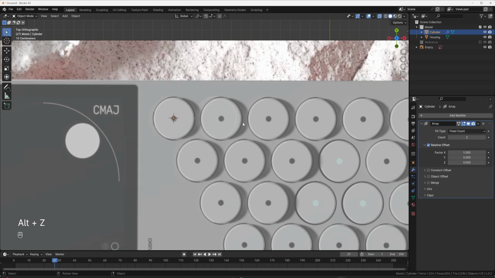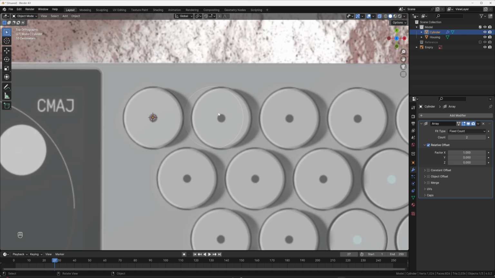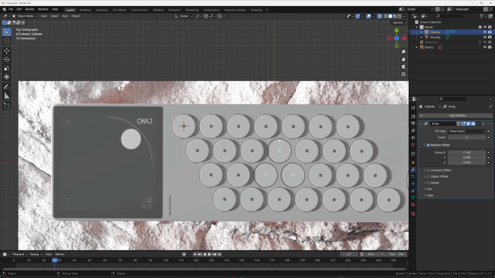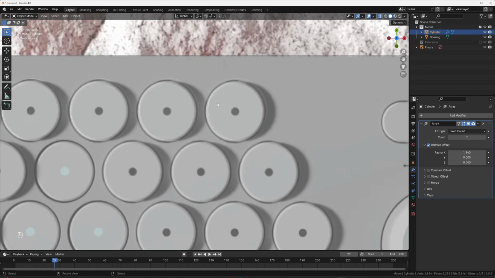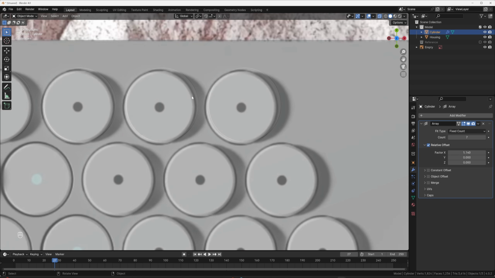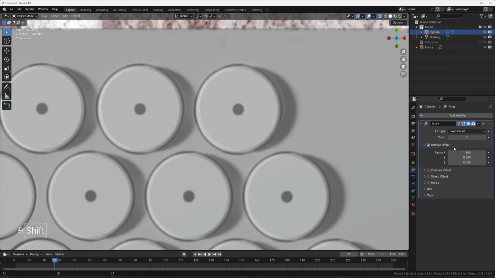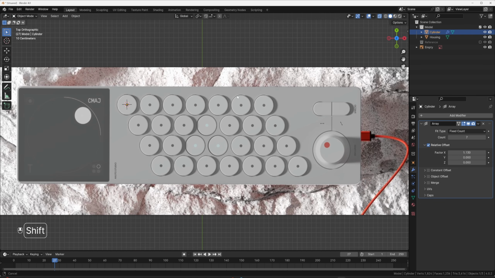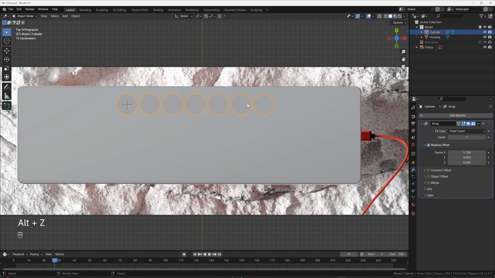Go back into X-ray mode, and then basically we just want to make sure that each of these lines up. So we're using the X factor here. So I'm just going to bring this over. I'm holding Shift so that it doesn't move too much. And then what I'm going to do is just crank this factor up all the way out to here. And because there's a little bit of air that gets multiplied out, it's good to look at your last one. That'll tell you if you need to bring it back. So I'm going to get it as close as I can. That looks really good. And then if you go out of X-ray mode, that's what they look like.